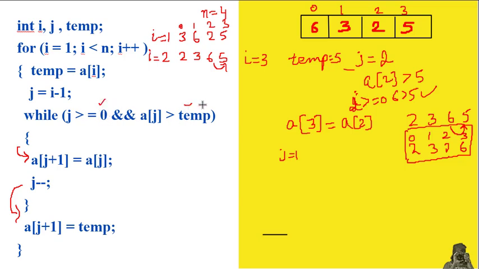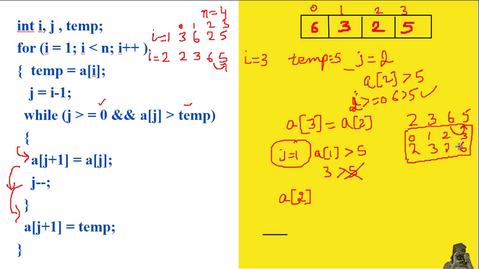Now we'll check for the second condition, and on to the second condition, we know a of j, a of 1. Now at current location we have 3. So if this is greater than current value, which is 5, temp value which is 5. So now this condition is false because 3 is not greater than 5. So now this time the while loop will not be executed and the control will go out of this while loop. And next condition is a of j plus 1. Now current value of j was 1, 1 plus 1 which is 2.